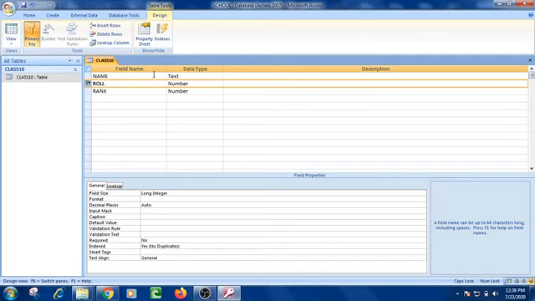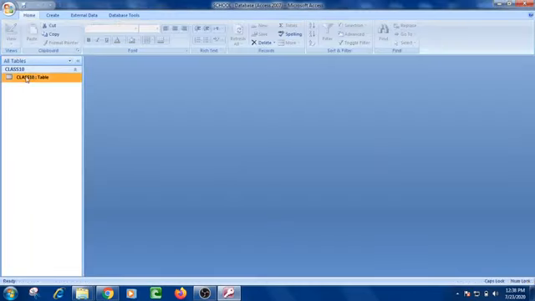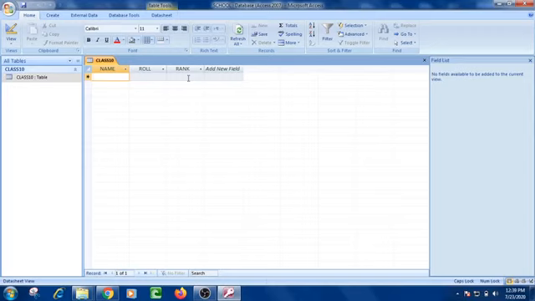Now after giving these three field names, right now I am going to close this design view of the table. It will ask you to save it. Then double click on the class 10 table. Simply double clicking the class 10 will open the datasheet view, and in the datasheet view we can enter the values for the field.